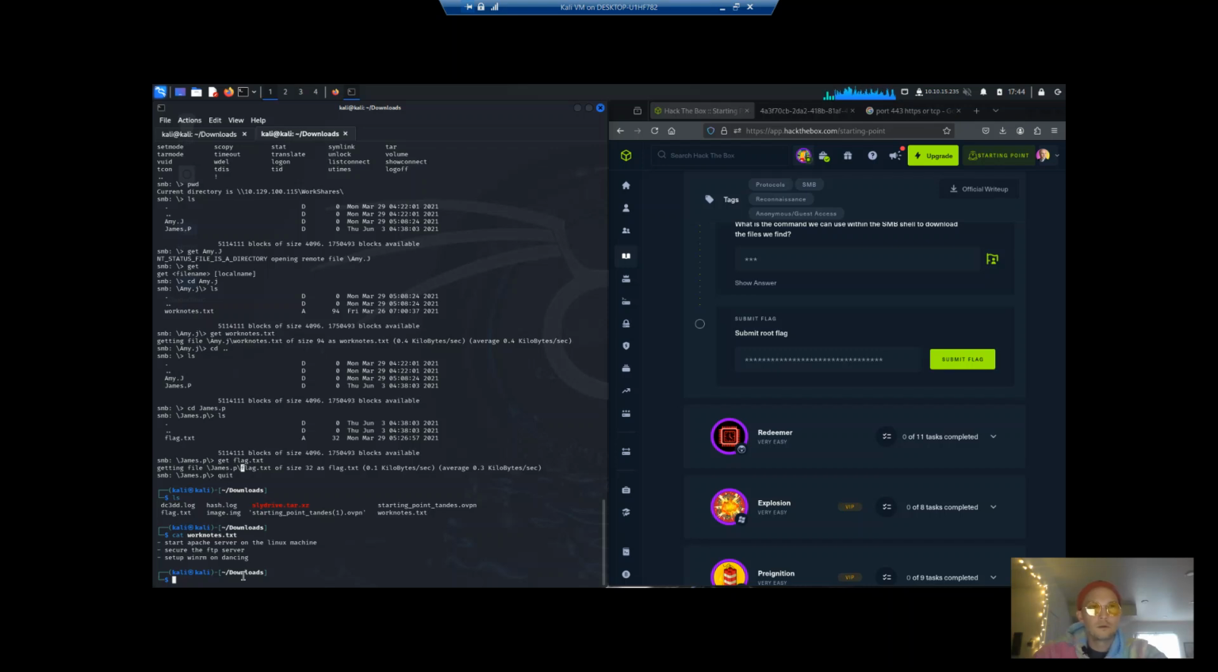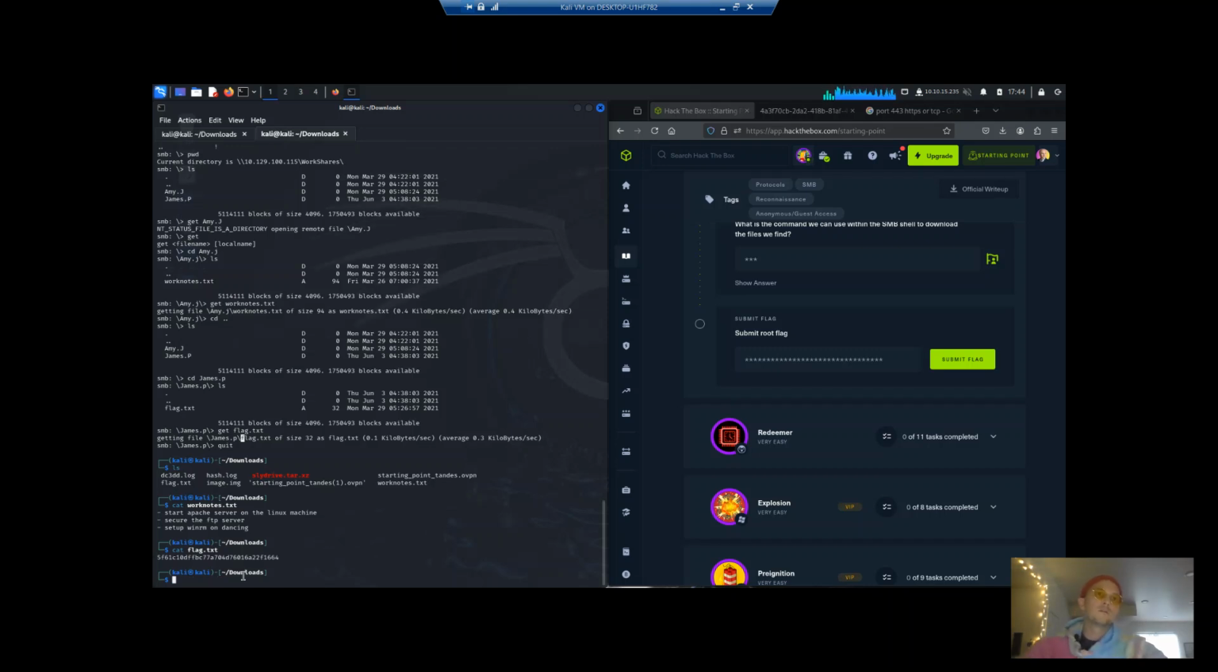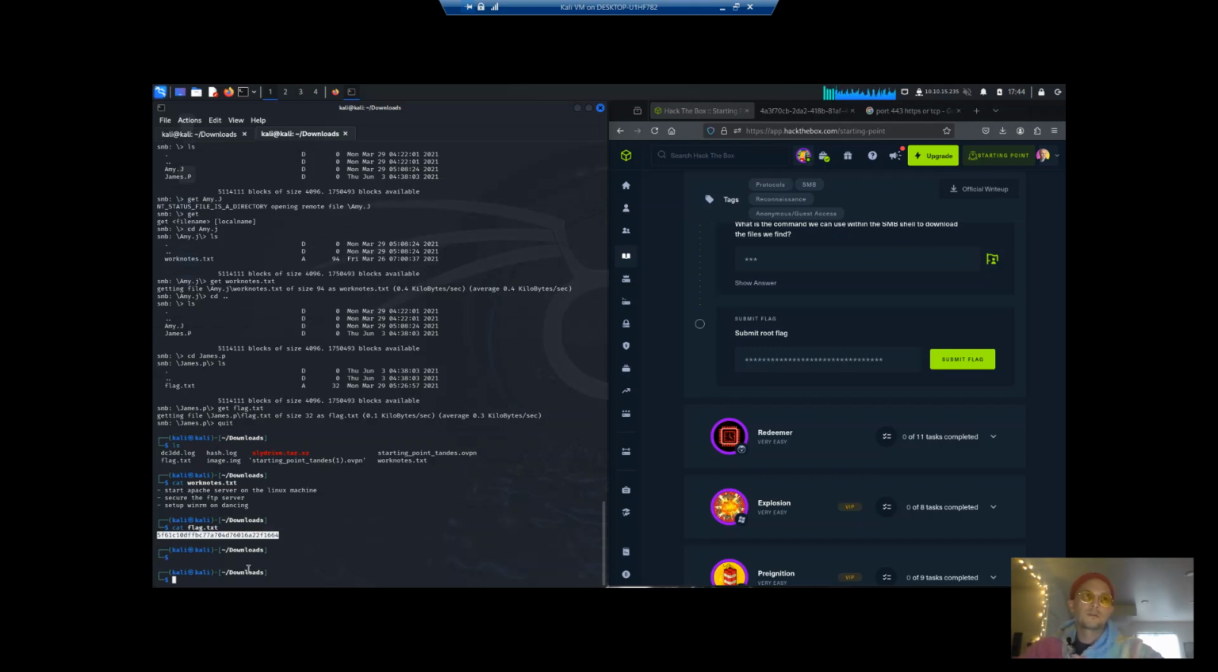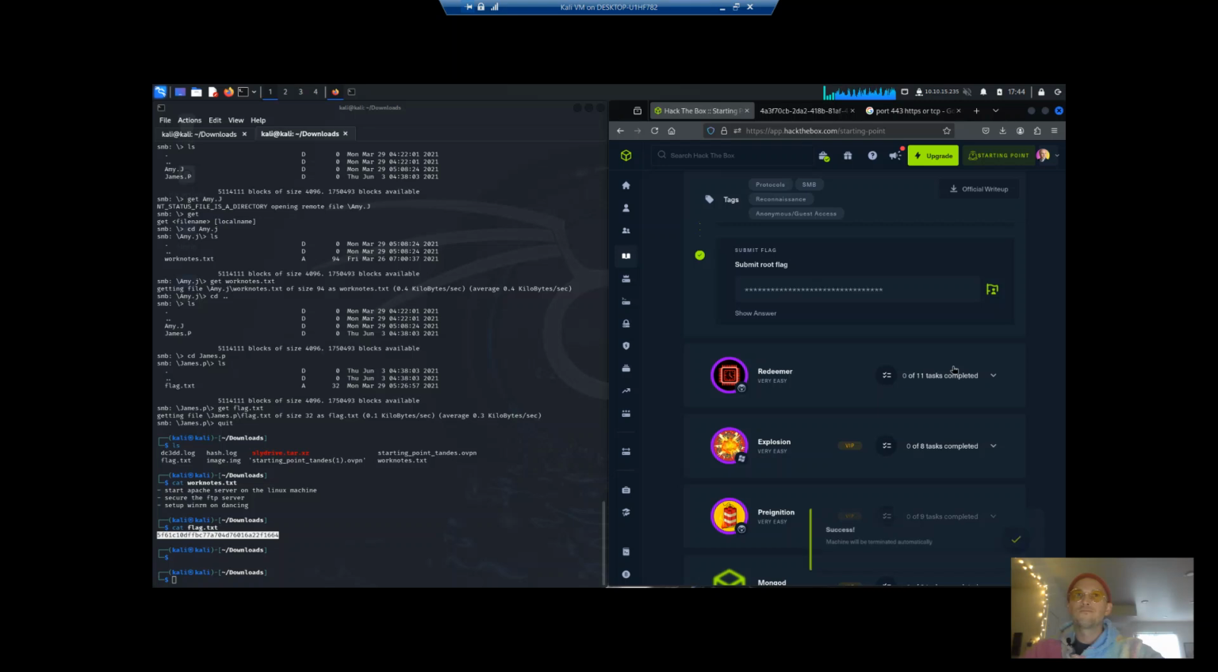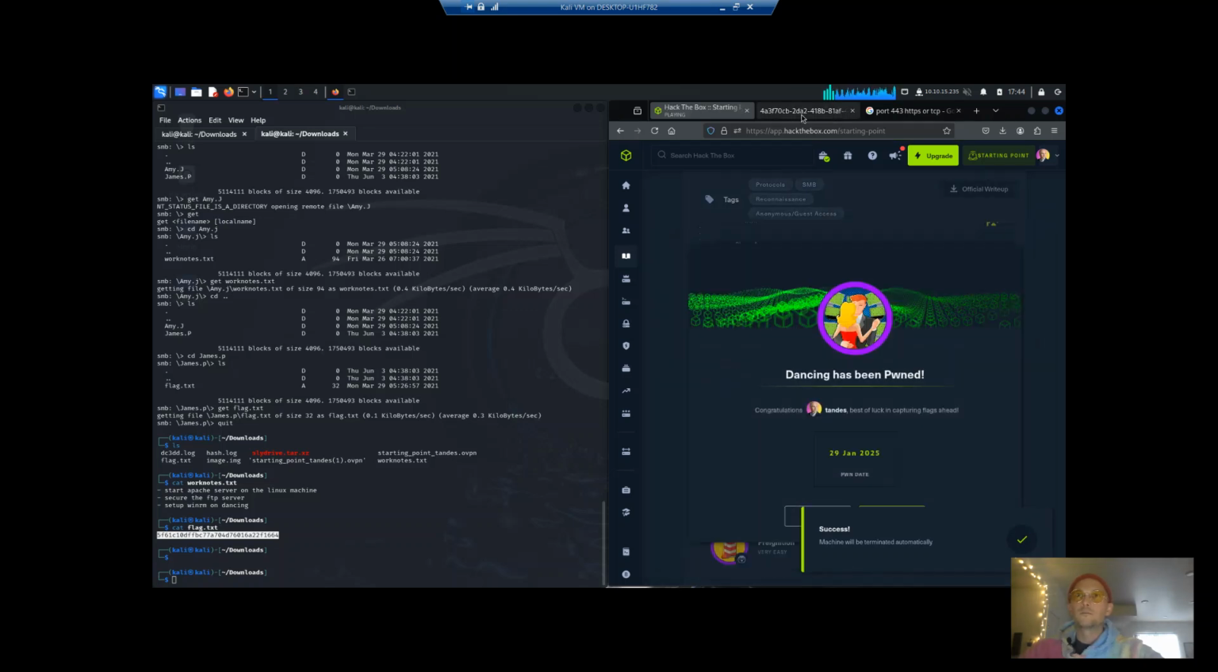Okay. Let's check out flag.txt with the cat command. That's it. Control C. No, that's not going to work. Let's just right click. It's Control Shift C. Forget that too often. And let's paste it in and submit the flag. So there we go. A little bit of exploration, a little bit of help from the walkthrough, but we learned